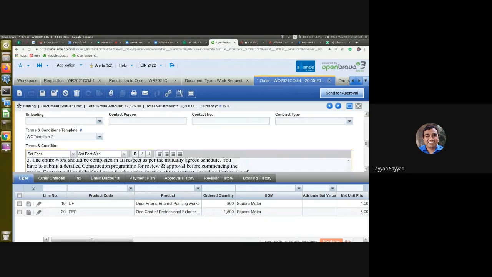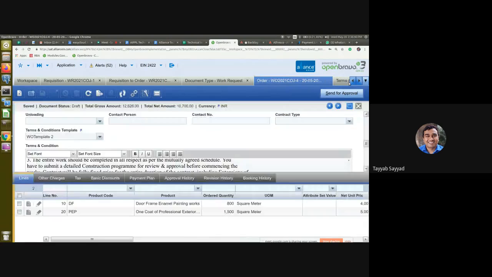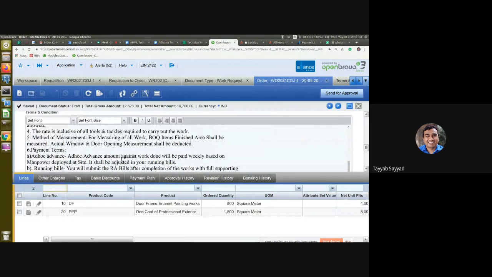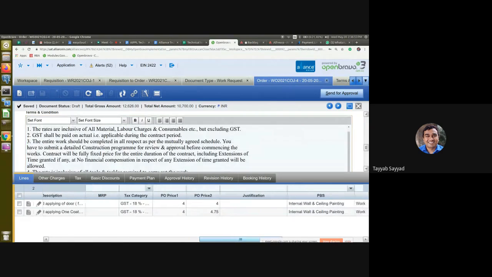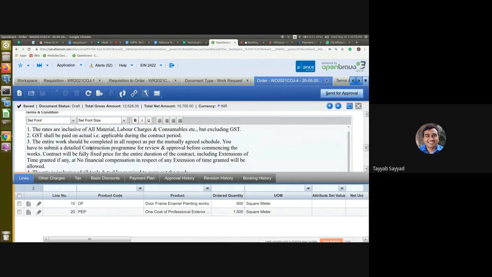You can see the same terms and conditions in the order screen for that work order. Okay, if you want to change anything in the template, you can change it by just typing into it. Okay, so this work order got created based on the requisition.